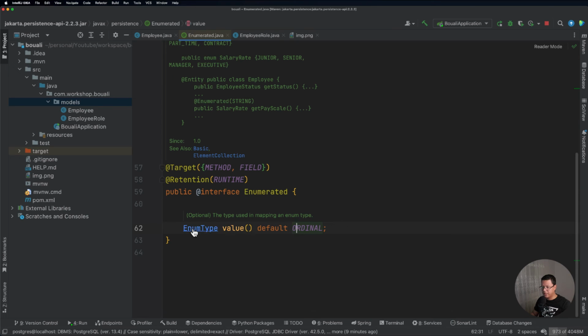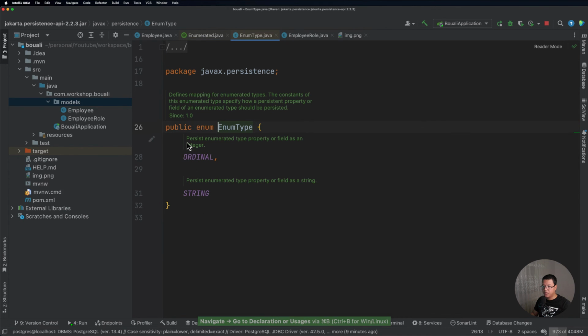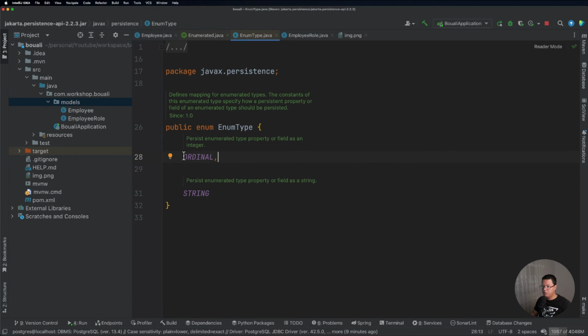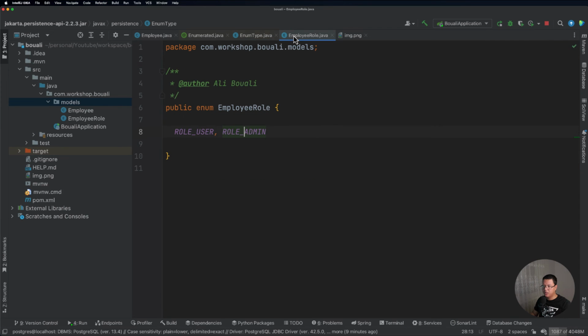Let's go here. Here ordinal, it says persist enumerated type property or field as an integer. So this is the default value, so the persistence will be an integer. So even though here we have this role user and role admin, it's going to be by default 1 and 2, 1 for the first one and 2 for the second one.